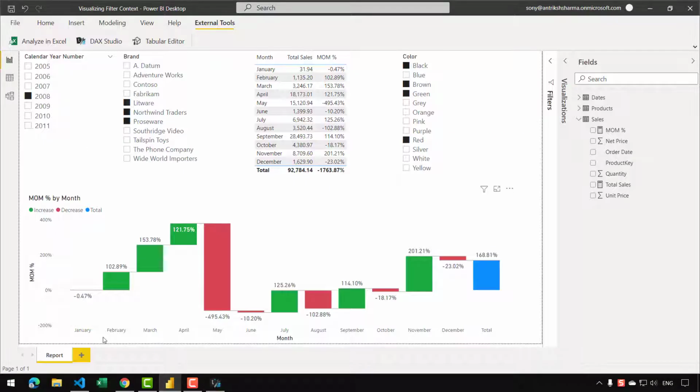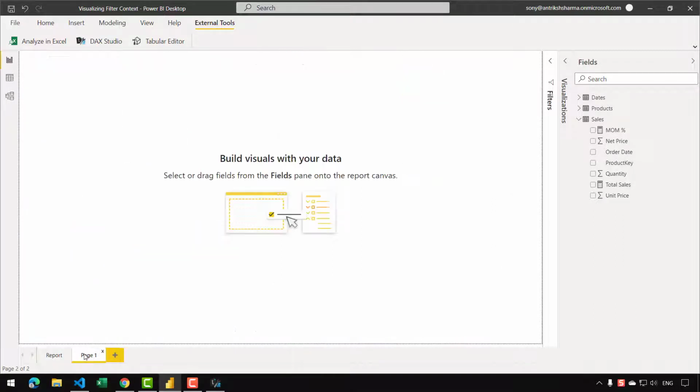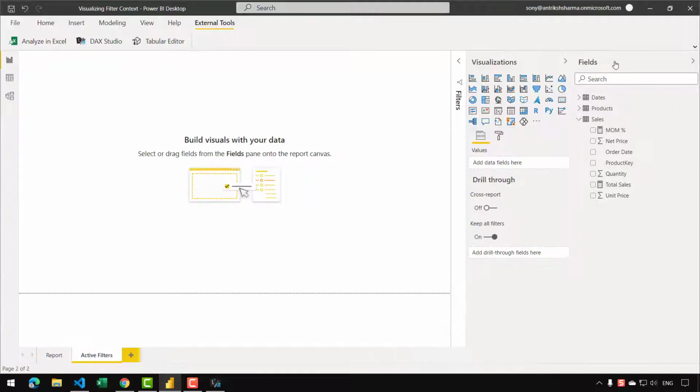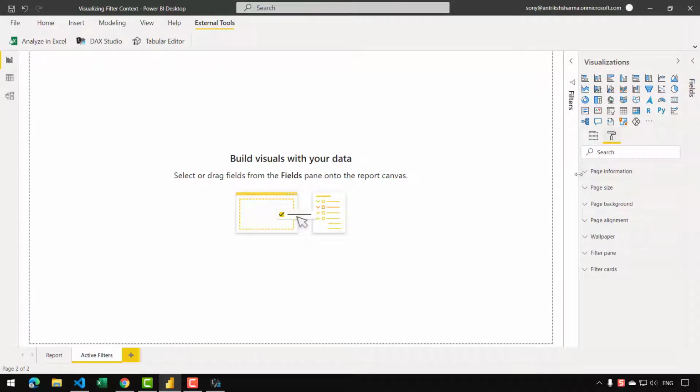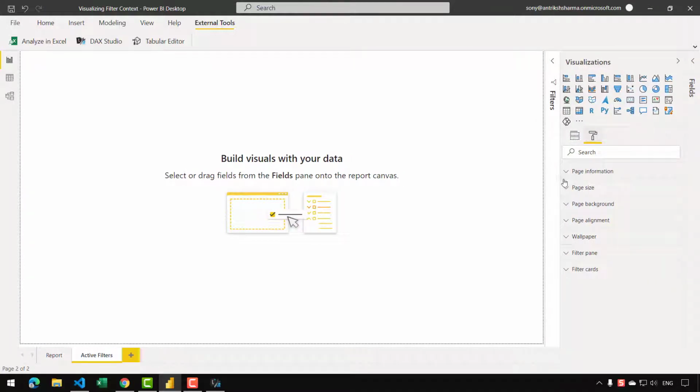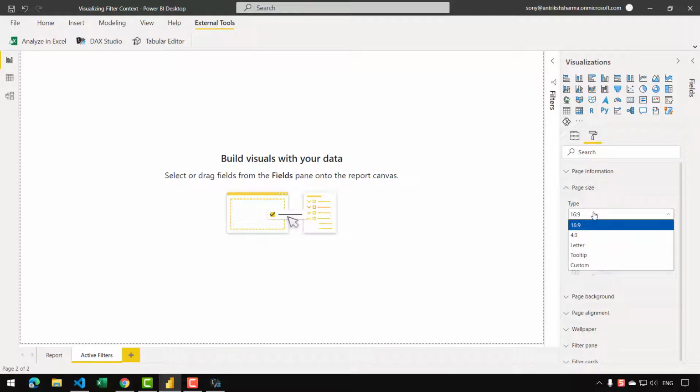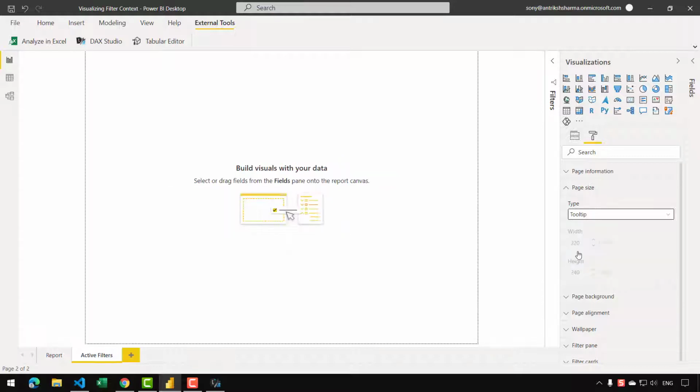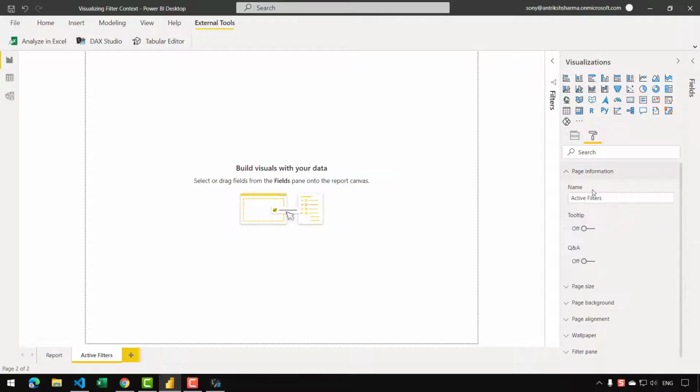and go back to Power BI, and I need to add another page that will act as a tooltip. So I can name it active filters, and then go to the visualization pane and change the information and the page size of this page. In the type I need to select tooltip, and in the page information I need to ensure that I check the tooltip as on,